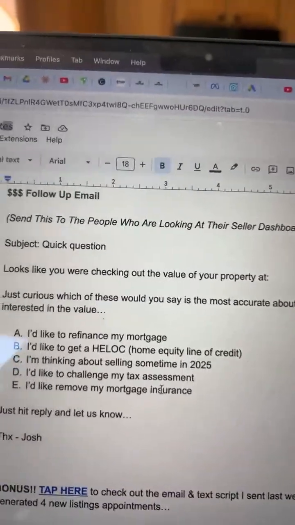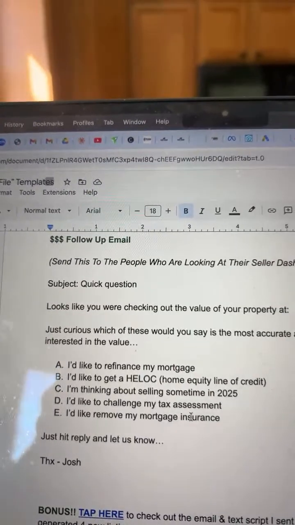The very first time I started using this email script 2 months ago, so it's March now, I started using this in January. No, I'm sorry, in February. And the very first time I sent out a batch of these to follow up with people, I got John and Susan, I think, or Sarah. I forget the wife's name, but John replied and said,